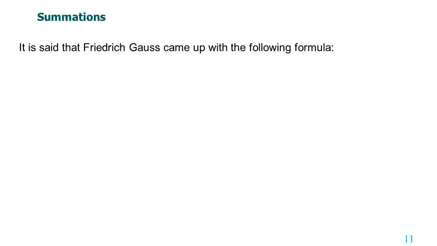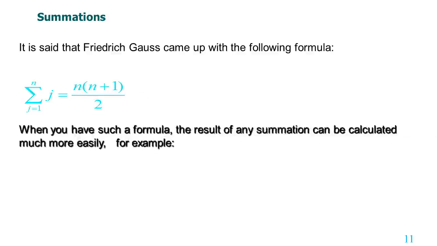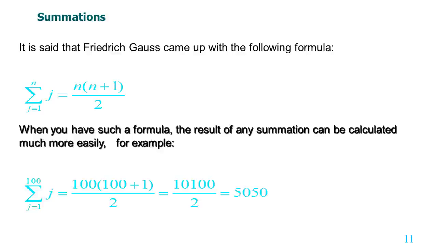Friedrich Gauss came up with the following formula: the summation of the first n natural numbers is equal to n into n plus 1 divided by 2. When you have such a formula, the result of any summation can be calculated much more easily. For example, if you have 100 terms,